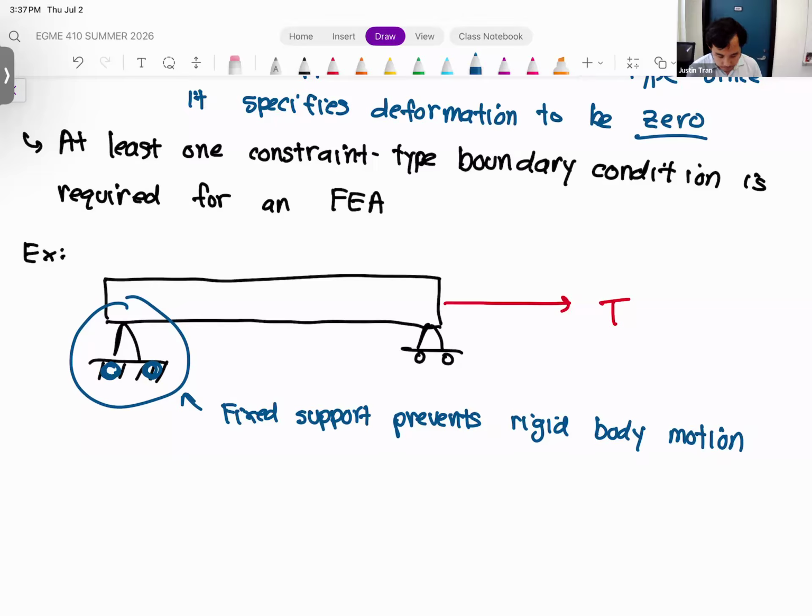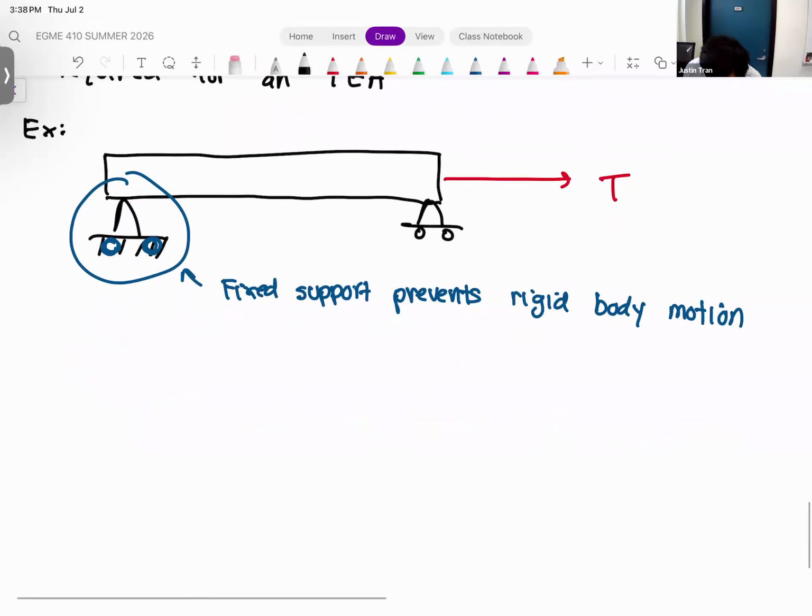Good. And we can see this mathematically as well. If we took a look at our previous mathematical example and we replaced the constraint type boundary condition with something else, you're going to see that it would be impossible for us to actually solve for the full solution. I'm not going to do this fully, just because I think we've done enough math for today. So if we look at our general solution that we found from above,